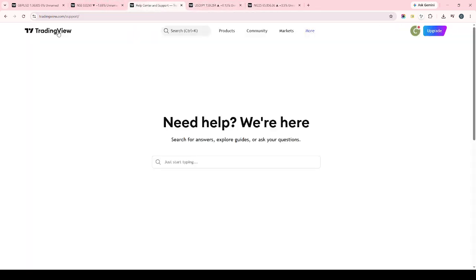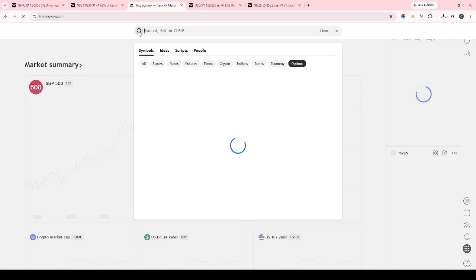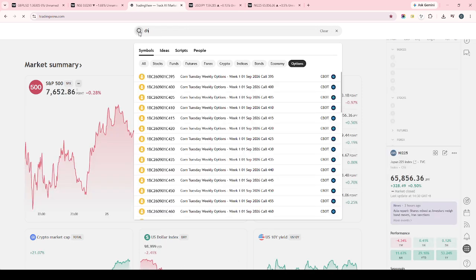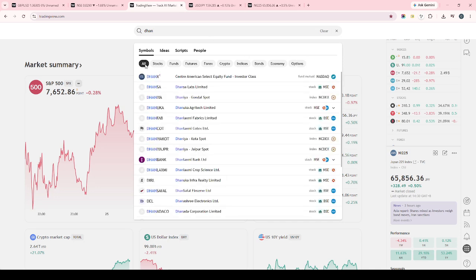Once authentication is complete, you'll be able to access your account portfolio and trade directly from the TradingView interface. At this stage, you should be able to view your connected account inside the trading panel and manage trades from within the chart environment. That means you can analyze the market, monitor your positions, and execute trades from the same screen, which helps